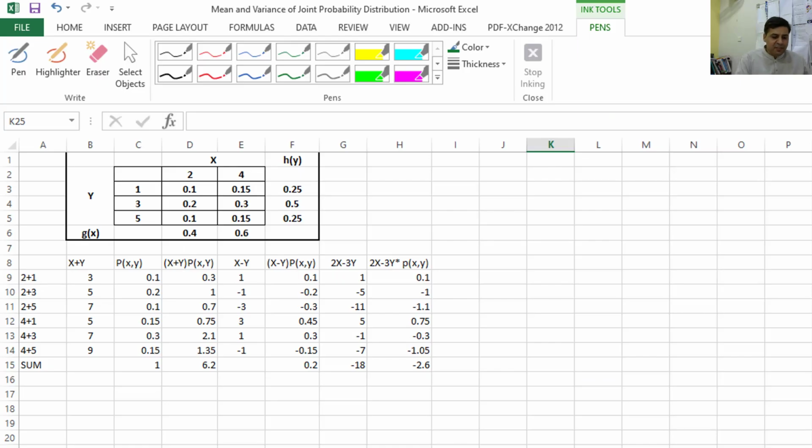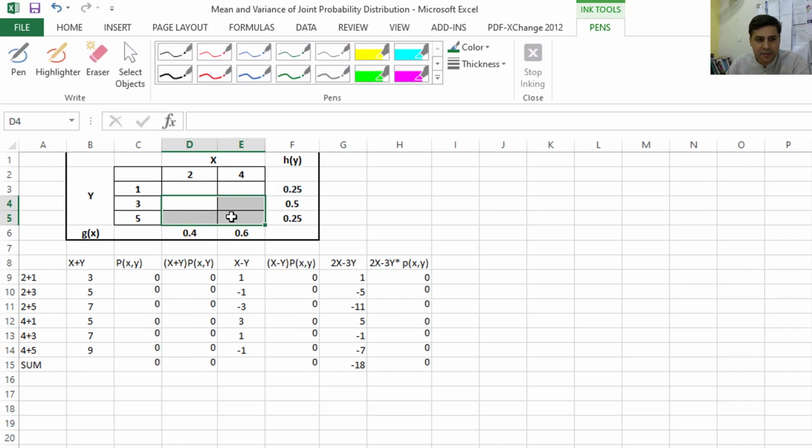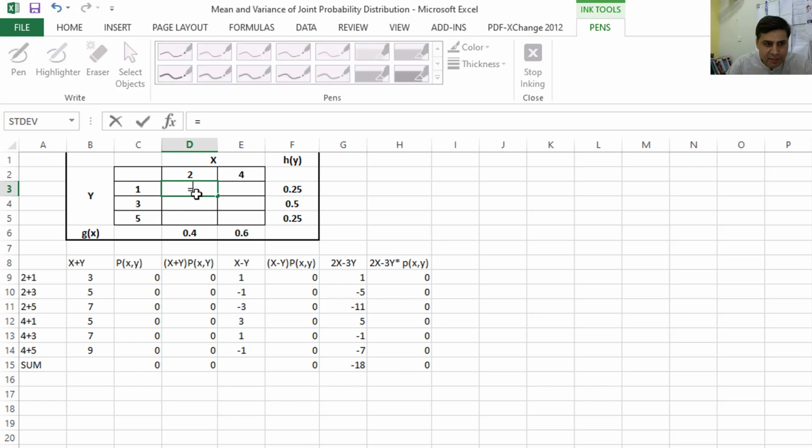Now the same example, I just want to show you how you will calculate while using Excel. So while using Excel, it is very simple. For example, you have only these probabilities given. How we will calculate? You just take, when x is equal to 2 and y is equal to 1, this probability into, when y is equal to 1, what is the probability for y is equal to 1? This one. So similarly for this, when x is equal to 4, this is the probability, multiplied by when y is equal to 1, this is the probability. So in this way we will calculate the joint probability.